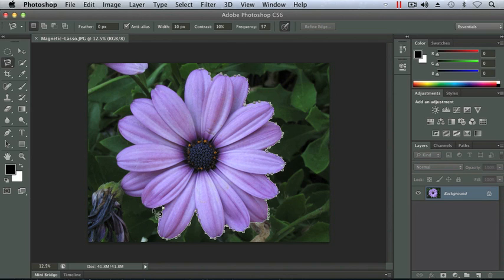And dragging along the flower. And you'll notice in the options panel, we could change the frequency of those little boxes that are coming up. And we could have adjusted the amount of contrast between the two things that we're trying to differentiate between to make our selection. So I'm going to come back up around and get back to where I began,